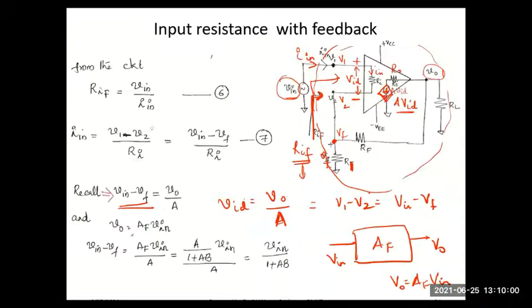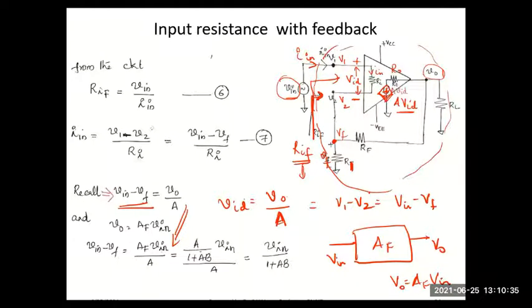We know Vin minus Vf in this equation, and I'll replace V0 with AF into Vin divided by A. I'm just manipulating this equation by substituting for V0. Finally, I can substitute all the values, group the values. Take Vin to the left hand side and substitute for Vf. You will be getting this equation will simplify to